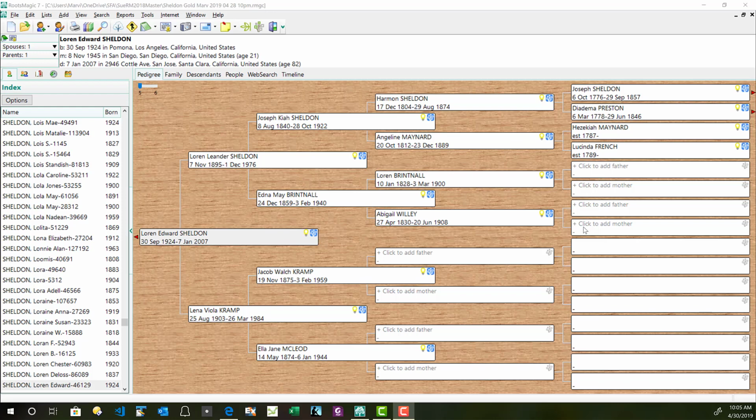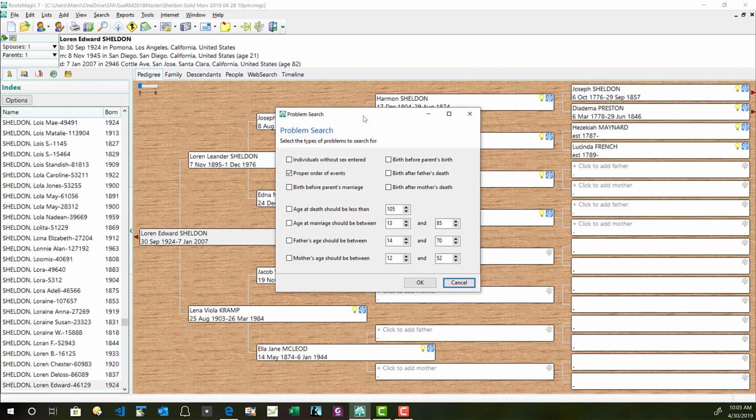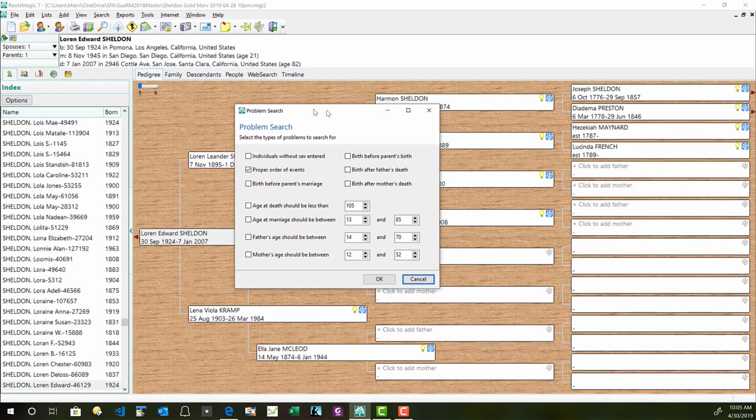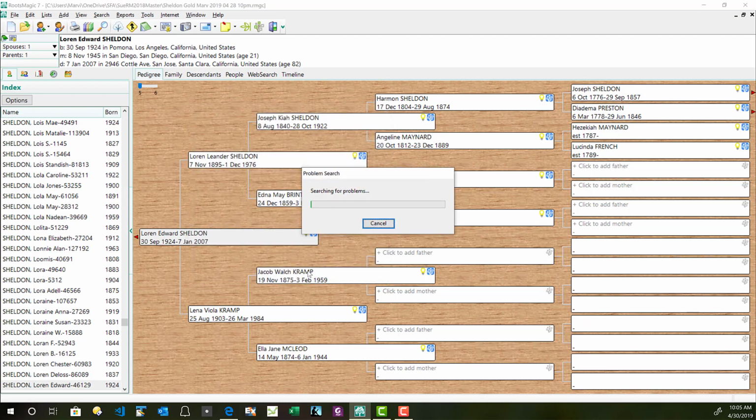Hello, I'm cleaning up a very large database in RootsMagic, and RootsMagic has some wonderful tools, and I'm going to show you one called Problem Search. I know that I have some impossible dates in this database, and if we run the tool called Problem Search, clicking on Tools and then Problem Search, I'm only going to look for problems that have an order of events, and we can click on the OK on the dialog box,